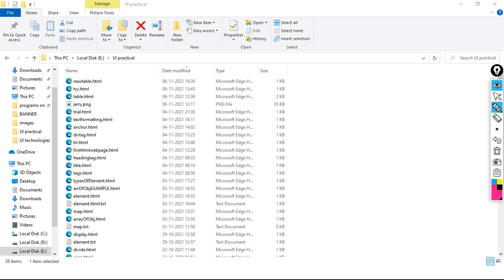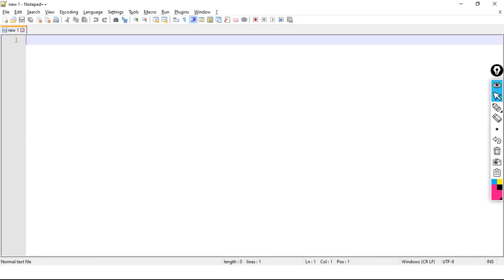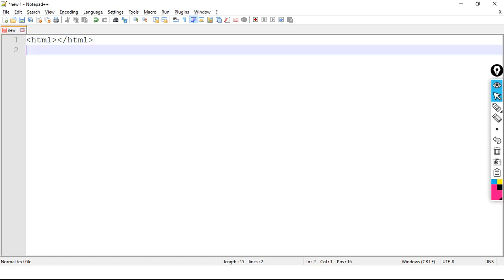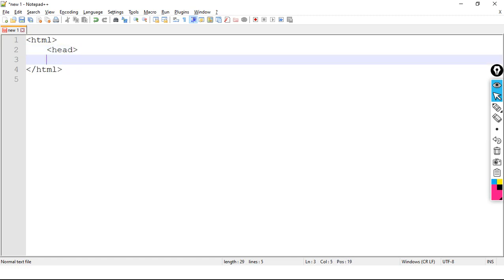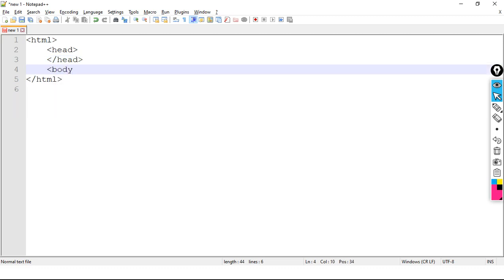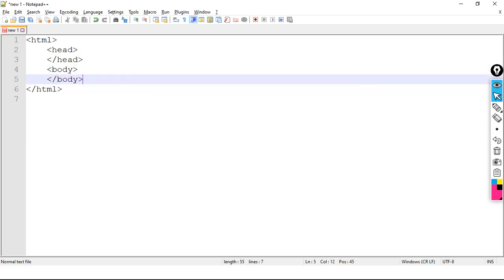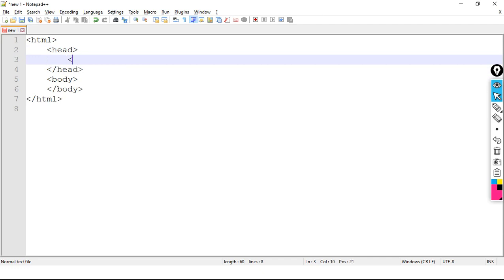Now let's see one practical example. Here we are having html, /html, then we have head, then we have body, /body, okay, title, /title, learning image tag in HTML5.